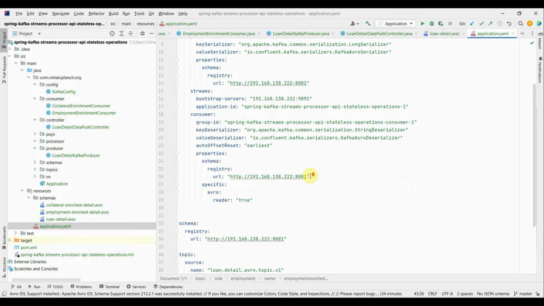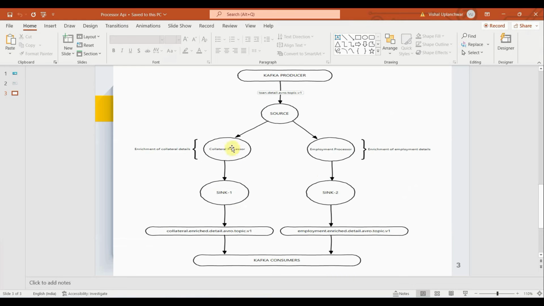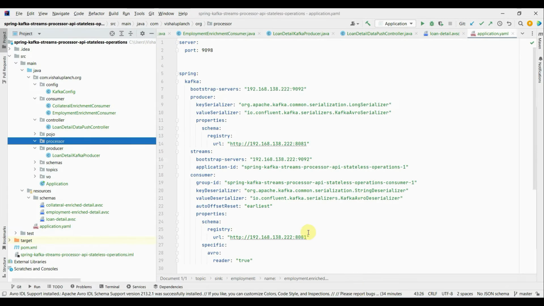All right. So here in the processor, I'm going to write the first two processors. If you see the picture, this is the collateral processor and the employment processor. Once we complete these processors, then we will write the topology builder. That's the main class which will drive our streaming operations. All right, so let's get started. So I will write the first processor here. I'll create the class